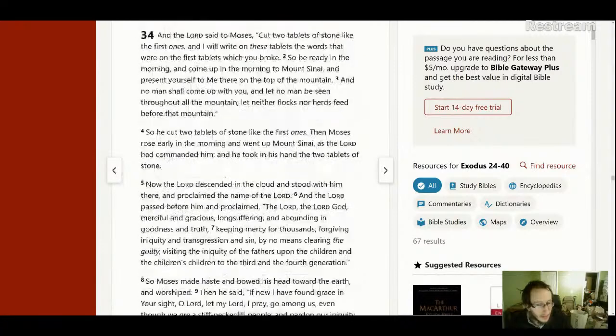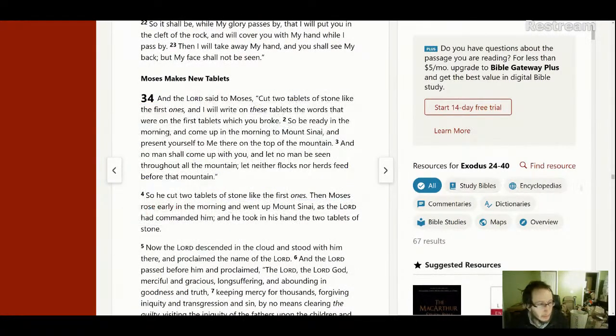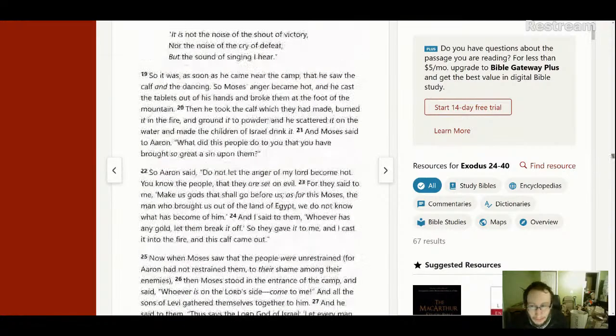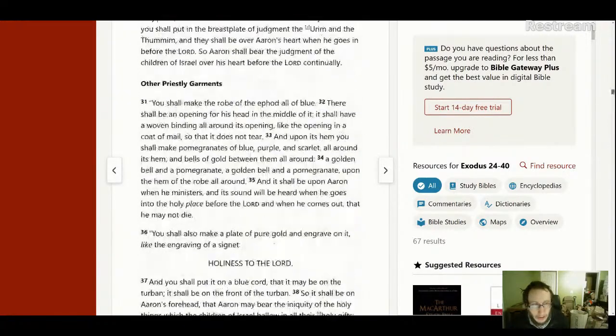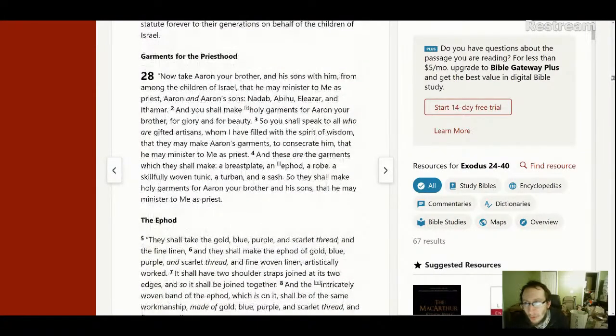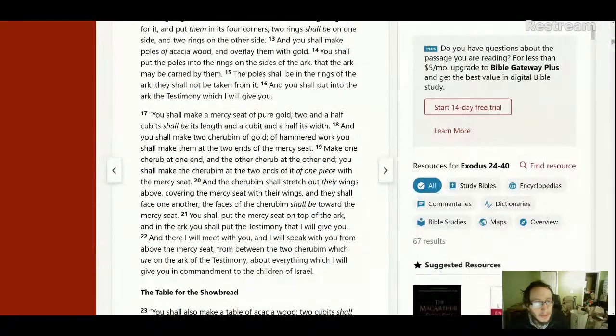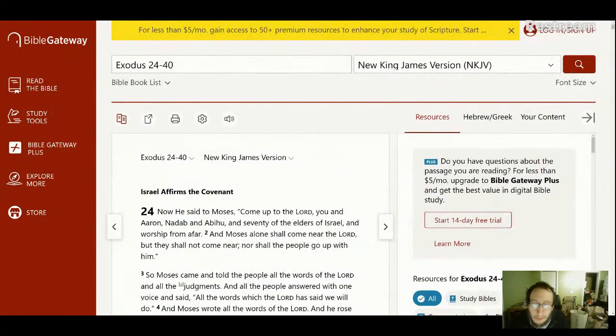So based on this, it seems like we're definitely missing something. It's been edited. So I believe the first book of the law was very much just the law, just like we have in Deuteronomy. And then that leaves us to question, well, what then of the book of Numbers and the book of Leviticus? What was the original form of those books then?